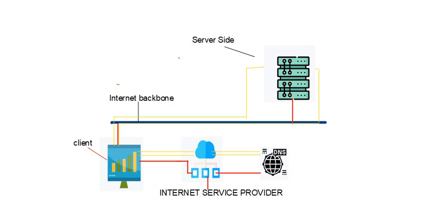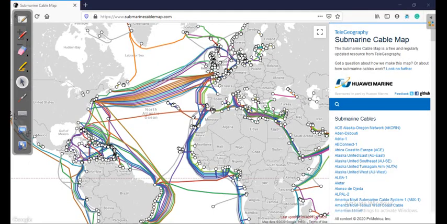So basically, in this way the whole internet works, with its components such as DNS, the internet service provider, the server side, and the internet backbone. Now let's move on and see how the internet backbone works and what it basically is. The internet backbone is nothing but a flow of cables under Asia or Europe or through the oceans, through which we can connect from one server to another.